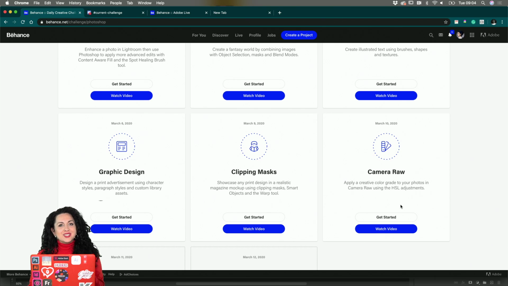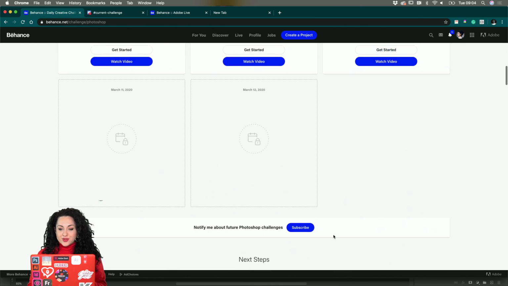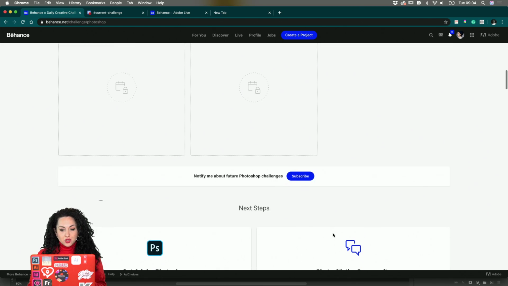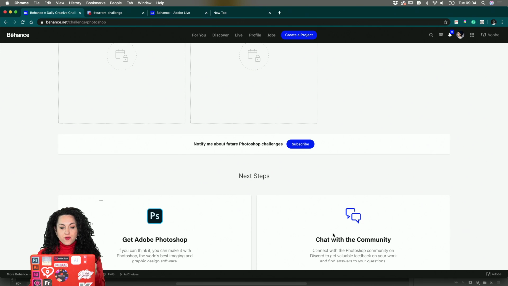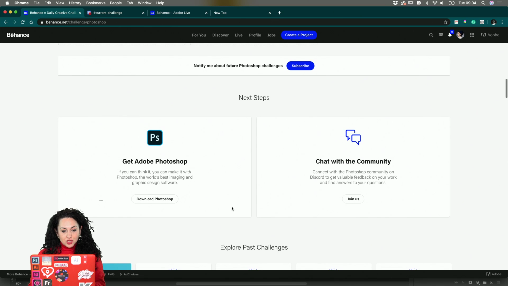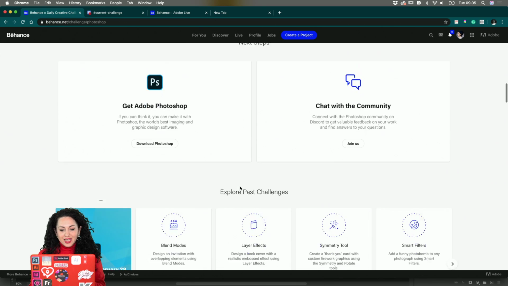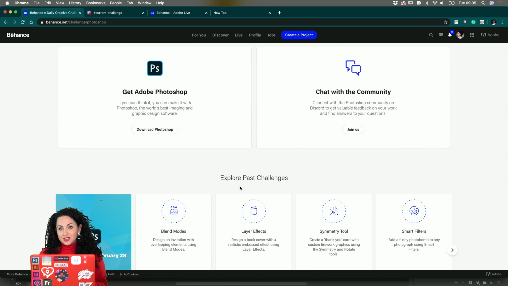This is a photo that I took during my holiday. Feel free to use yours. And also, if this is the first time that you're joining us and trying to have a go at Photoshop, remember that you can download the app at the bottom of the page where it says Get Adobe Photoshop. You'll be able to download the app for free for a trial. And if one challenge is not enough and you're really enjoying and getting inspired by this daily dose of Photoshop skills, you can get